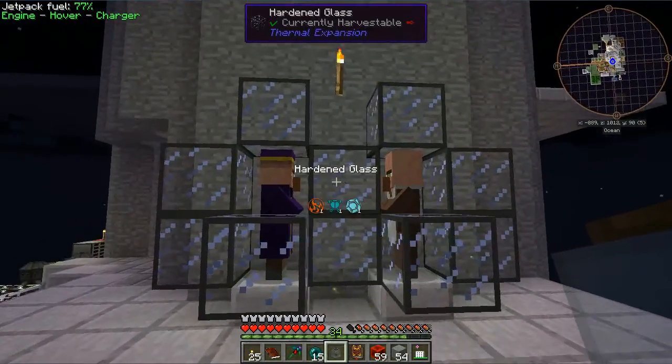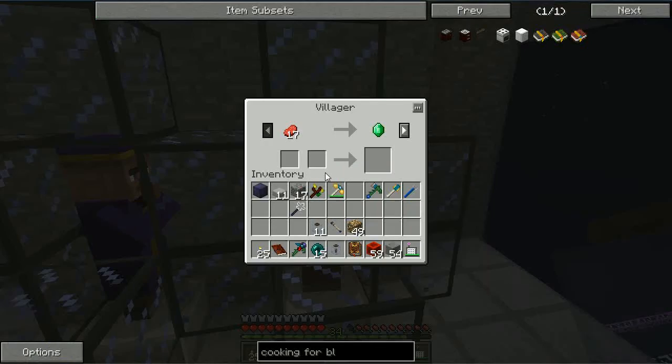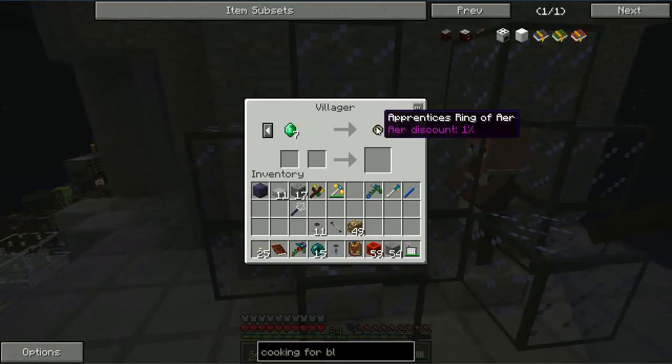So I have basically the cook villager, and I lucked out and got the thaumaturge villager. So this guy is giving me conversions of emeralds to fragments, quicksilver to emeralds. Well, yeah, that's fine. I have plenty of both. Emeralds to rings, so kind of interesting. Emeralds to